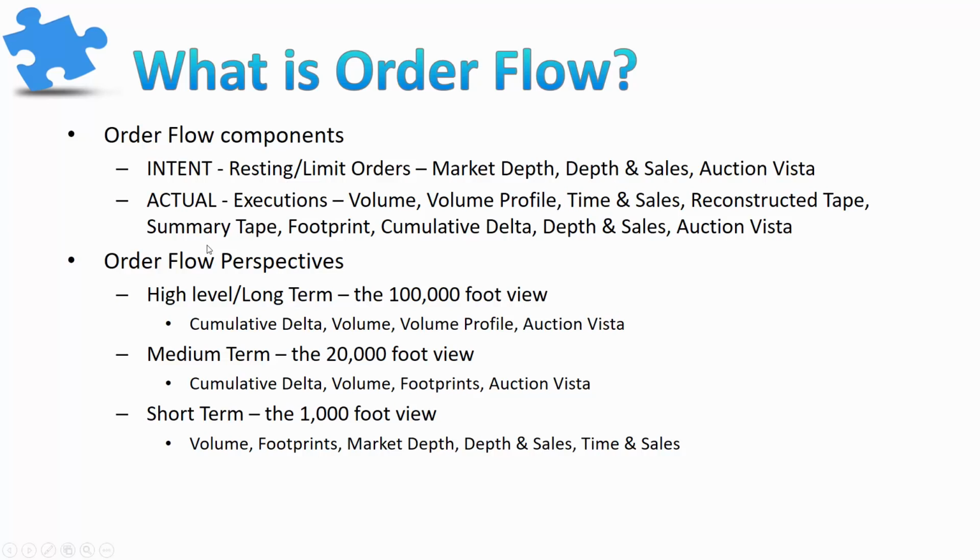Do we have one side dominant in terms of order size, but no longer getting any price movement for their efforts? Is there an imbalance in trade? These are all things that order flow will tell us, but a price chart won't. So price charts simply tell us where we traded. Order flow tells us how we traded it and who is likely to still be in position and what reactions